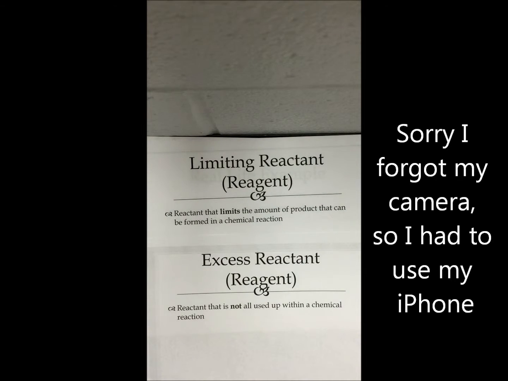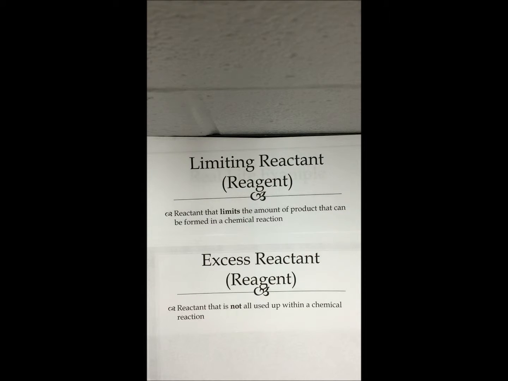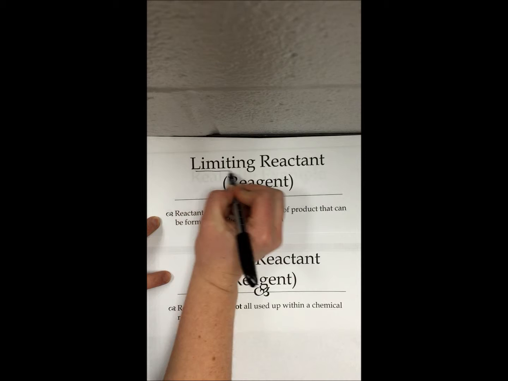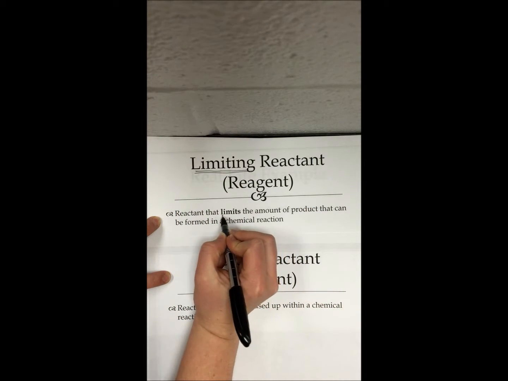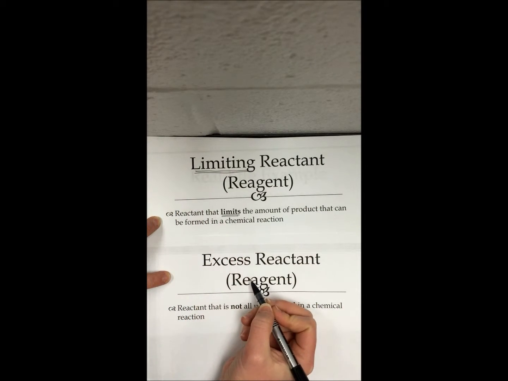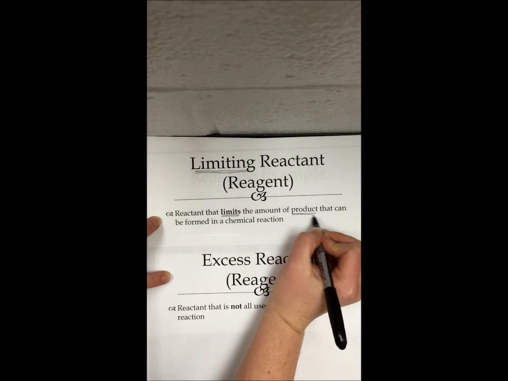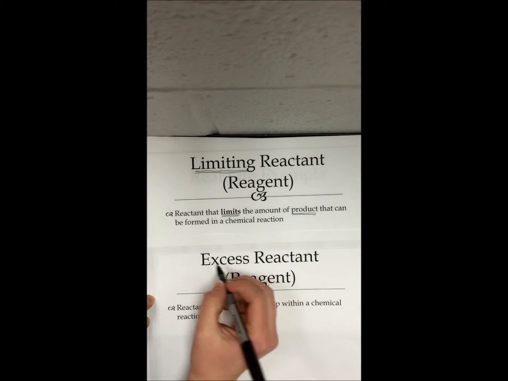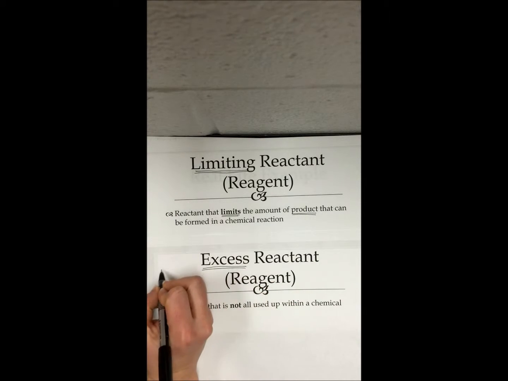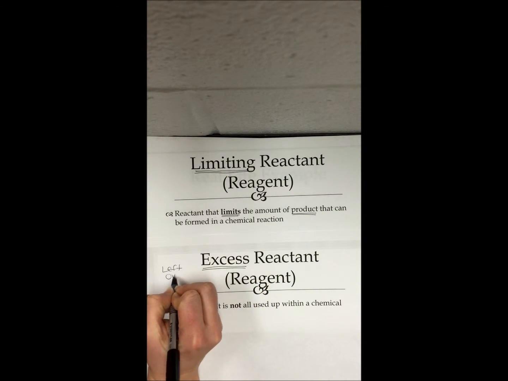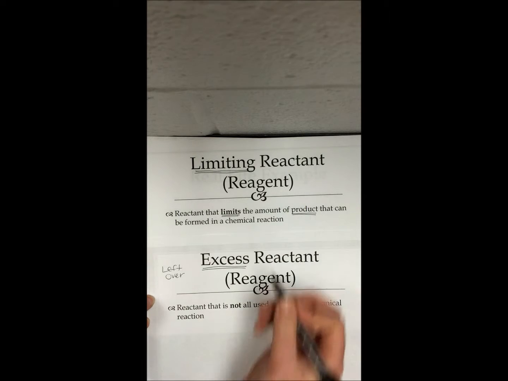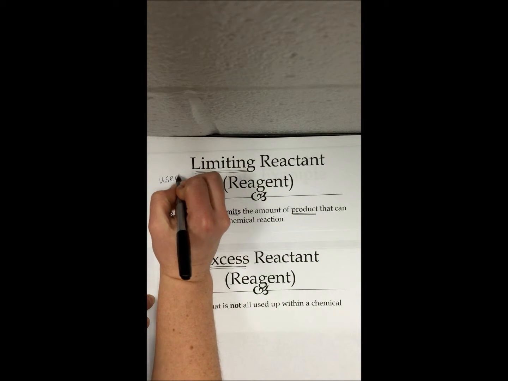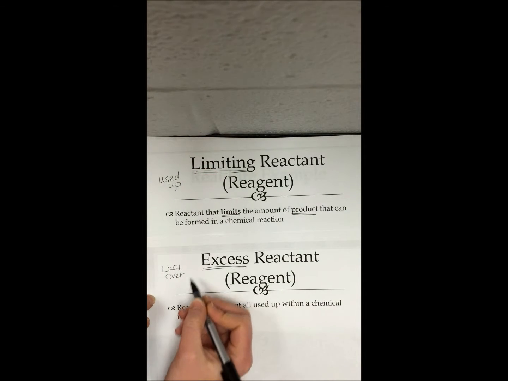Today's video, we will focus on limiting reactant, also known as a reagent, and the excess reactant or reagent. Now, the limiting one is going to be the one that ends the reaction. It literally limits the reaction or the amount of product that you'll be able to make in a chemical reaction. Our excess is the opposite. An excess is going to be the one that is left over after the reaction. So our limiting one is the one that is used up, and our excess one is the one that is